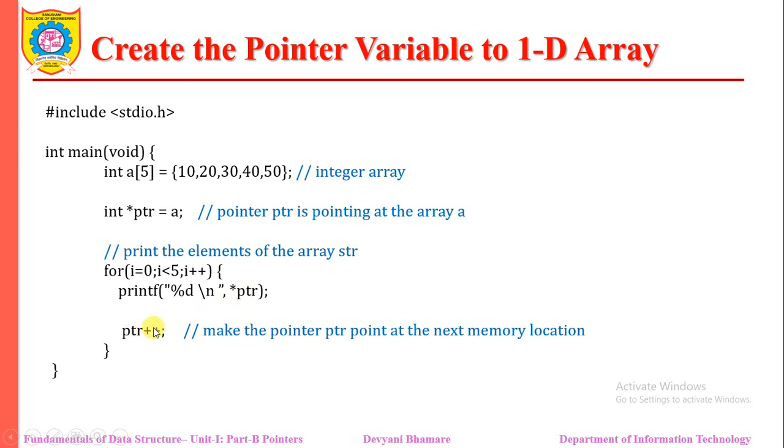That value will be displayed. And ptr++ means that ptr is increased by 1. We know that a pointer is increased by the scaling factor. So that's why ptr points to the second element by using ptr++. Again this pointer displays that value, 20. Then the pointer is increased by 1, and it will display the value 30, then 40, then 50. In this fashion, we can use the pointer to display the values of our array.